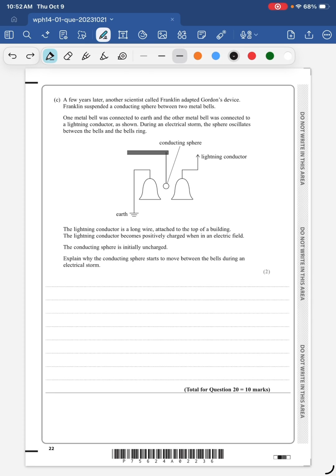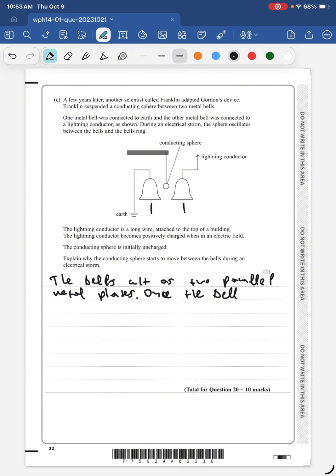Okay, so the reason is that this will create a similar situation to the metal plate. So the bells act as two parallel metal plates. Okay, once the bell connected to the lightning rod gets positively charged,